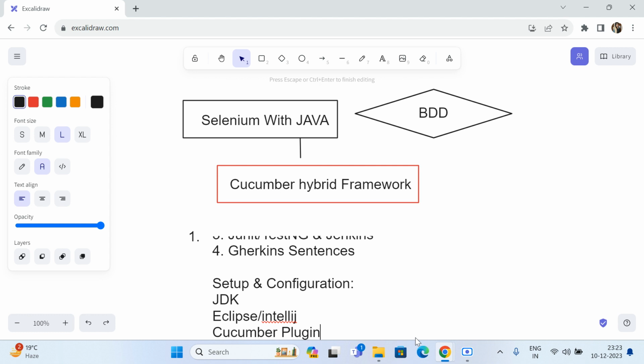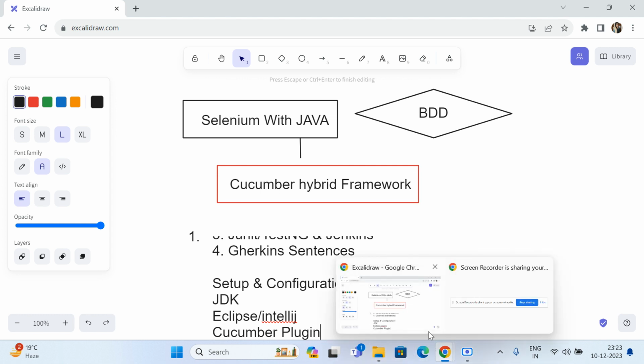From there we install it, and environment setup is nothing but the Java home and the Maven home. And dependencies we require, we have so many dependencies, but in our project we can just take Cucumber core or Cucumber HTML, Cucumber Java, and Cucumber JUnit. So let me just quickly